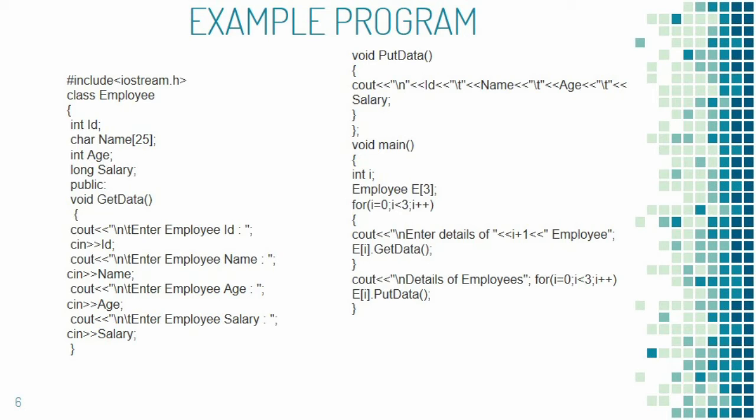In the for loop we are going to call the putData function. As the object is of the data type array, we must include the for loop. So here also we are going to call the putData member function 3 times. For this purpose we have included the for loop. So the first time, i's value is 0. It checks the condition 0 less than 3. The condition is true, so it enters into the for loop statement.